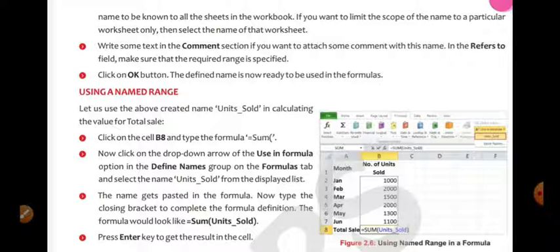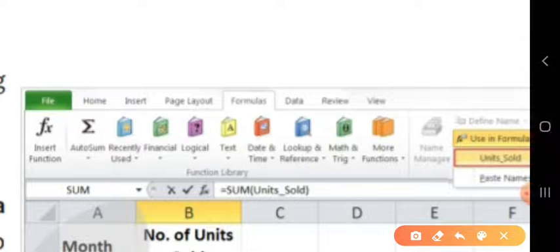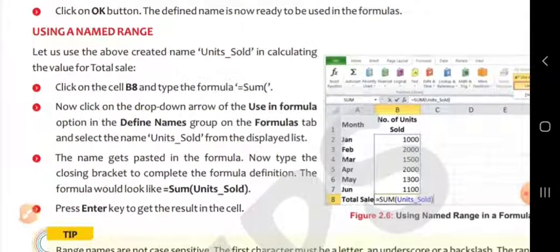Use in Formula, where is it? See, here it is. You just click it. When you click it, the name units sold comes in front of you. Then what you will do? Just click on that one.